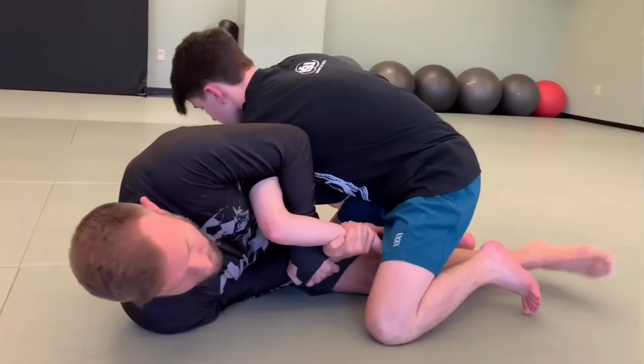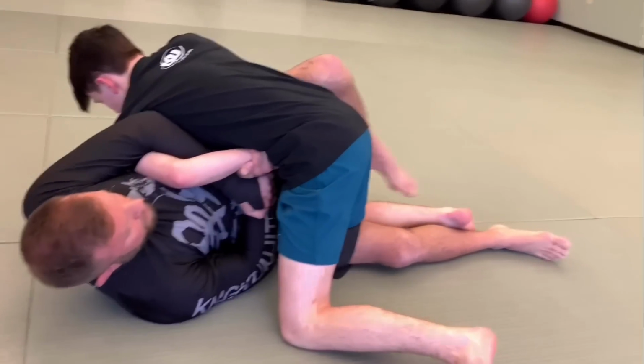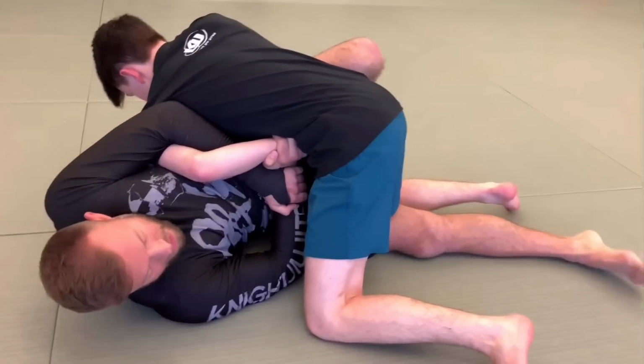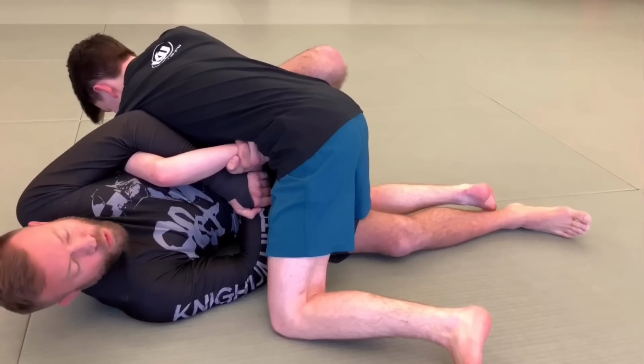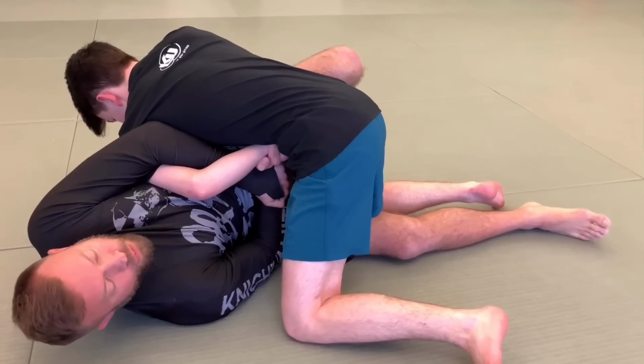But as I'm gonna now allow him to pass around my guard to the side he wanted to go to in the first place, and I'm gonna keep this centered underneath him. Now, he may clear my leg, he may not clear my leg. Either way, once I get this position underneath him, right around lower than his belly button, right around his pelvis,